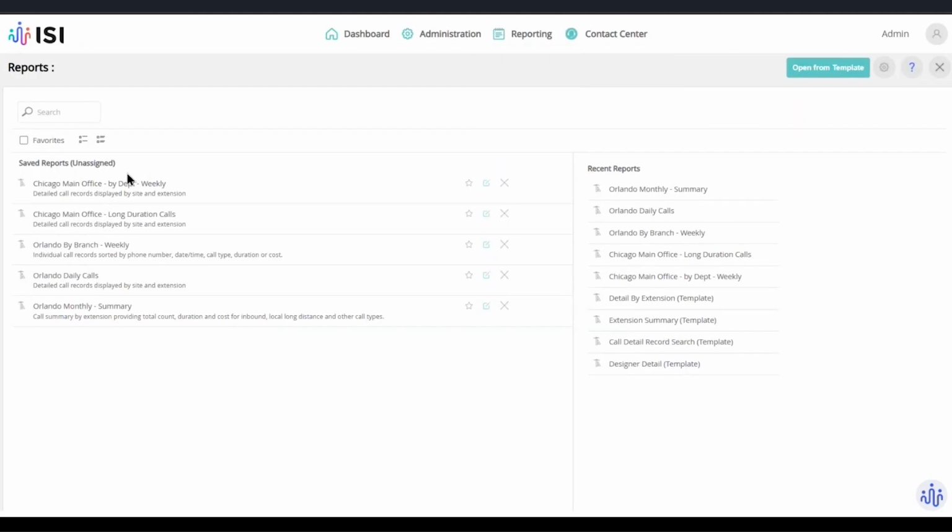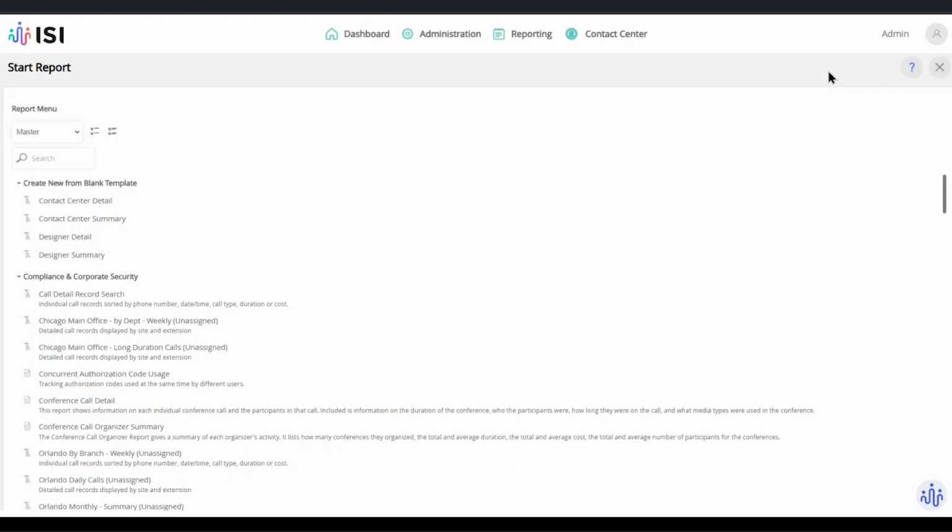So I have a list of some of my saved reports here. I can click on the green button if I wanted to go into the templates that are available. What I'm going to do first is go into the templates, and I'm going to show you where those report menus live. Depending on your setup and configuration, most customers start out with master and popular reports.